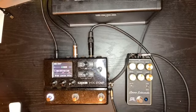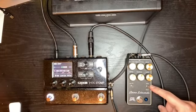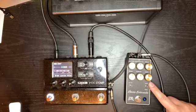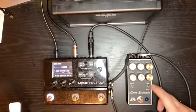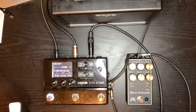I've gotten a lot of questions on the Jose versus Eddie switch, and really what this is meant to be is more of a stock and modded kind of switch. Eddie used a stock amp, so it is stock in the down section, so that's where you're actually going to get...